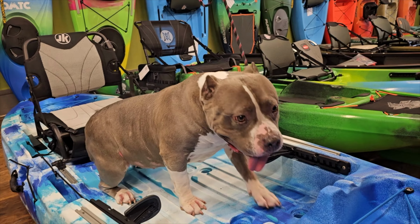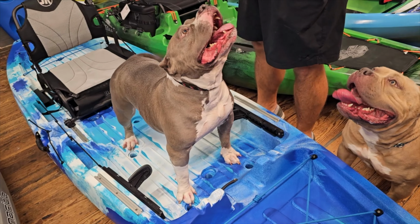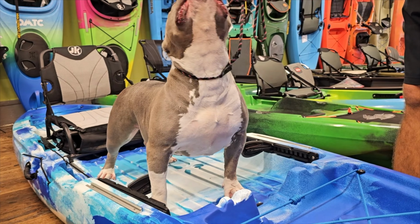So just like the Perception Outlaw, with the Bite you can remove the bungee from the front. You get a nice little indention, a little recessed area where that dog can sit or lay down. You get a 400-pound weight capacity, a maneuverable kayak, a comfortable seat, and plenty of space for the dog to kind of get up and move around. Because again, not all dogs act the same when they're on a kayak. Some want to be really close to you. Some are okay with being out on the nose and just checking out the landscape, which I love,